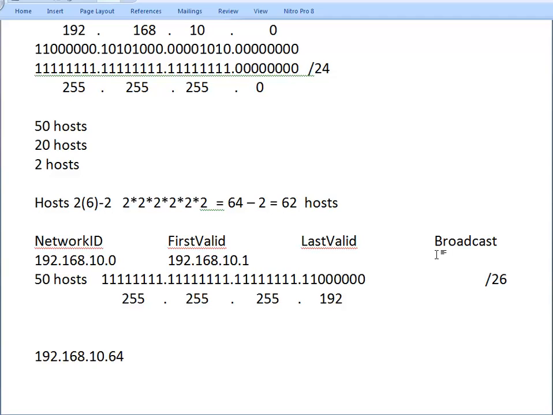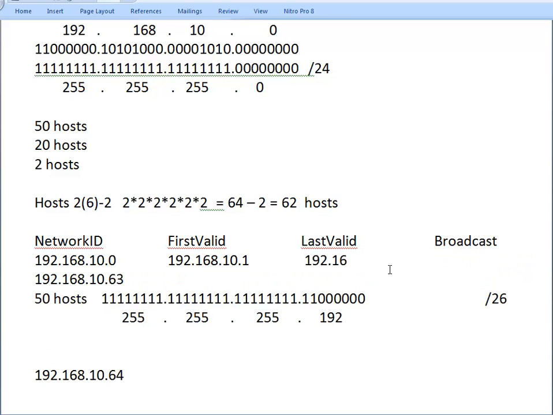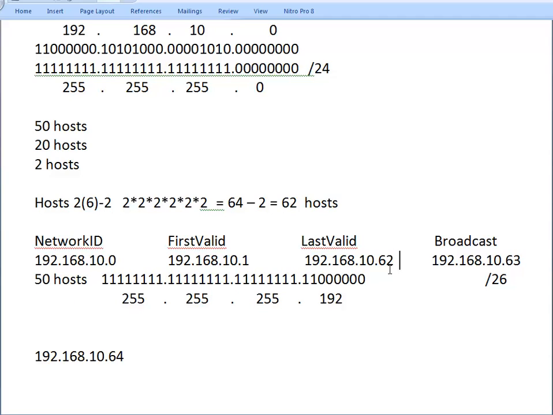So let's write down 192.168.10.63. Last valid is the broadcast minus 1, so 192.168.10.62. Okay, we just found the first network for 50 hosts. That's the network ID, that's the first valid, that's the last valid, and that's the broadcast. For the second network, we need 20 hosts. Right, I'm going to copy this stuff